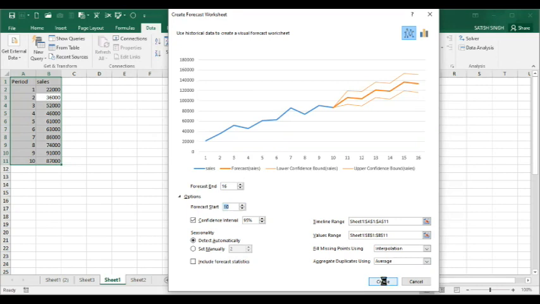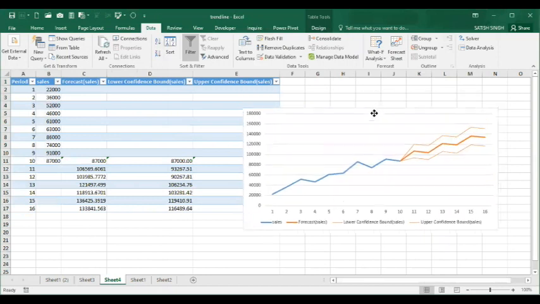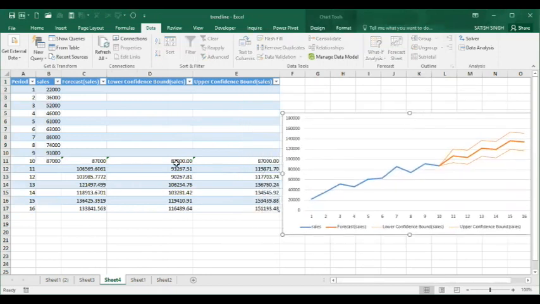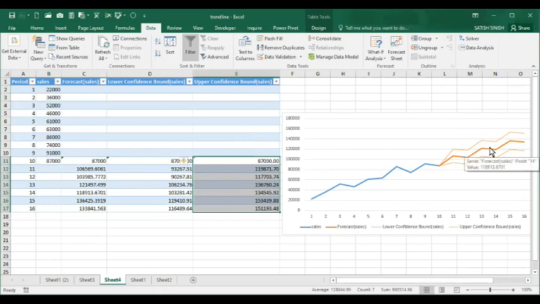Once we have created this, it has created the diagram, and along with the diagram it has shown the forecasted value for the next 6 periods, with the lower confidence interval bounds and the upper confidence interval bounds. It means if this is not the accurate value, then the maximum and minimum range where the value will lie is shown by the upper and lower confidence bounds.